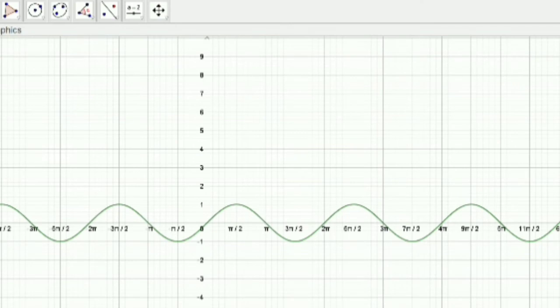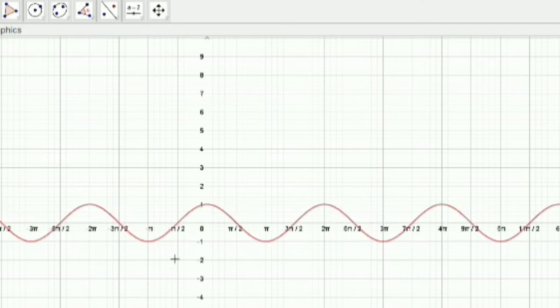Now let's see what happens for cos. You know the range is from minus 1 to plus 1. So which branch will you take? 0 to pi. If you see from 0 to pi, just look at the branch. 0 to pi, the range is from 1 to minus 1. That is one branch. Next branch is pi to 2 pi. You have so many branches. So which branch will you take as the principal value branch? The branch which is near the origin.